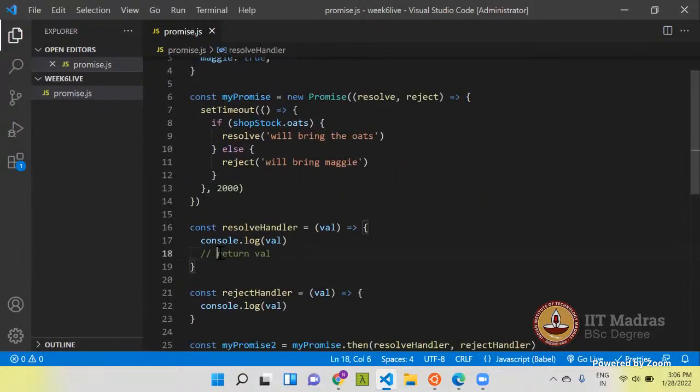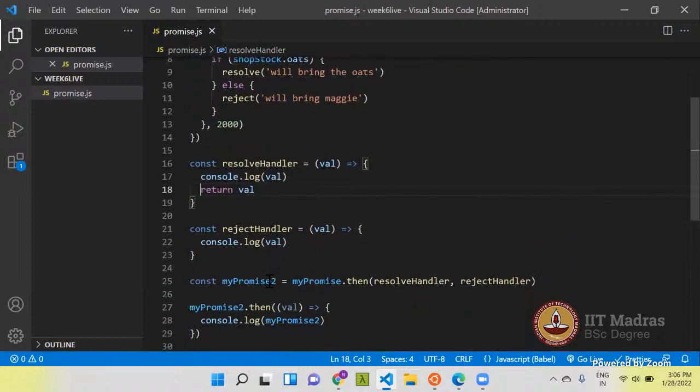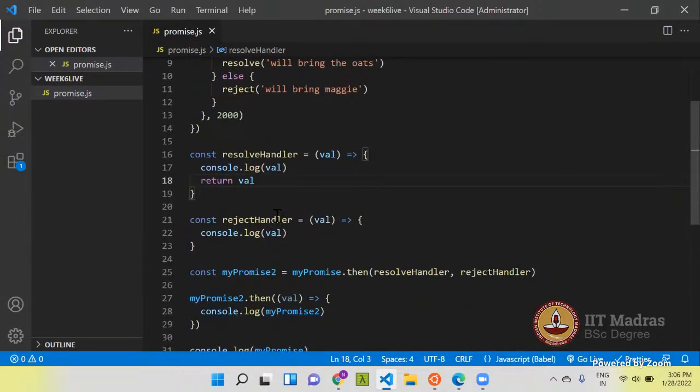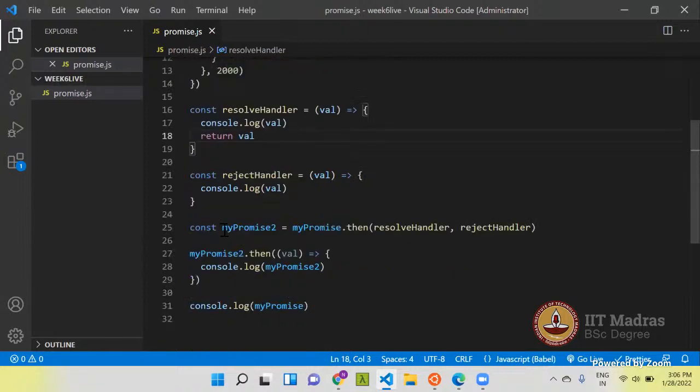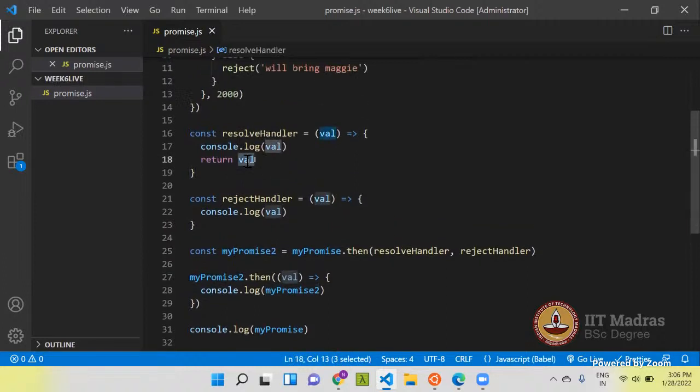Also, one more thing. For now, if I run this code, my promise 2 will be a promise which resolves with this value. And what is this value?